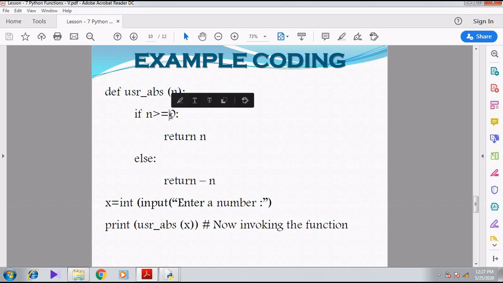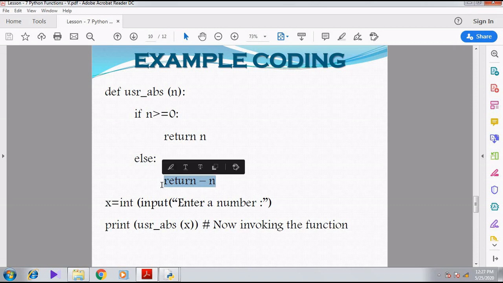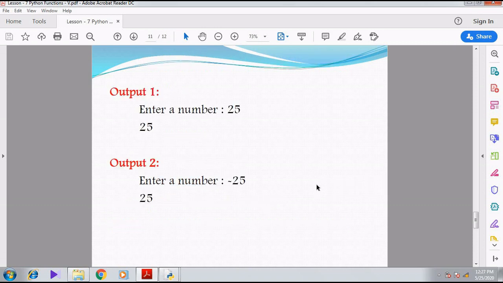If the condition is true, return n. If the condition is false, the else part will be executed, so return minus n. Now we can see this in a practical manner. They have shown you the output.